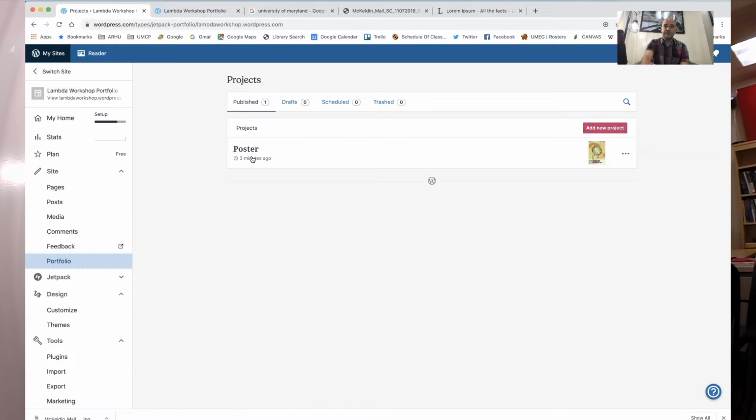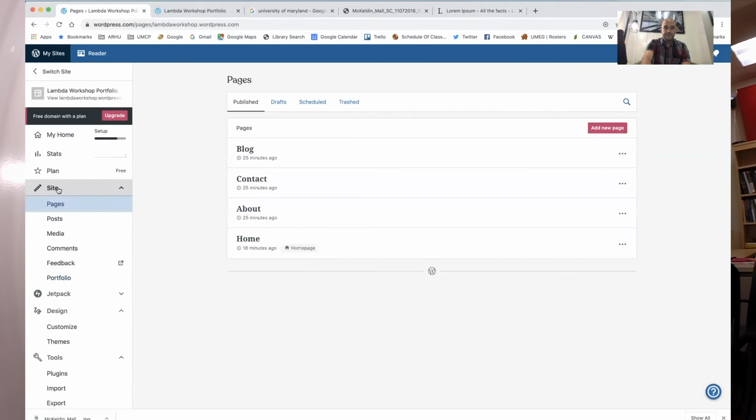Now the next step is to create the supporting pages for the website. So under Site, we're going to go to Pages, and we've got a blog, contact, etc. So you can change that. You can change your About Me,